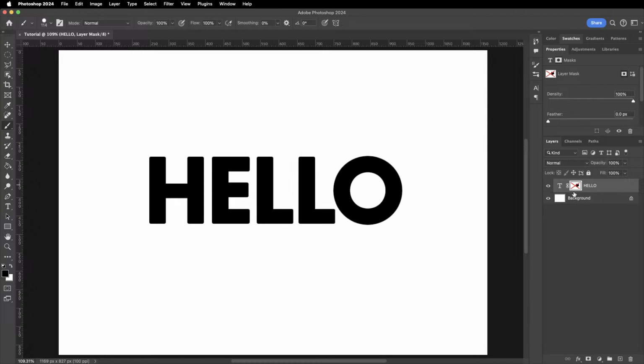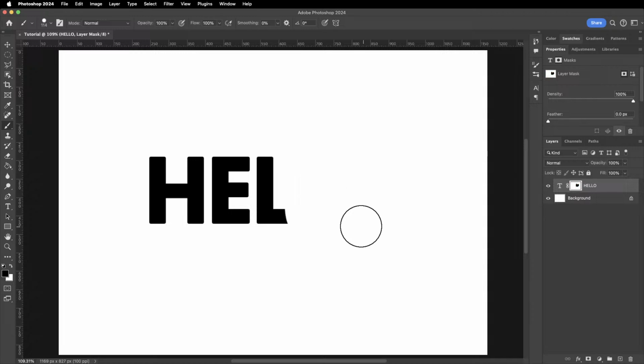However, if I remove the layer mask, I can just hold Shift and press on the layer mask icon. That is going to disable the layer mask for a little moment. As you can see, the original layer is still unaffected. And that's the beauty of masking, because you can always go back and change the original. So if I just make sure I press Shift and reapply the layer mask,